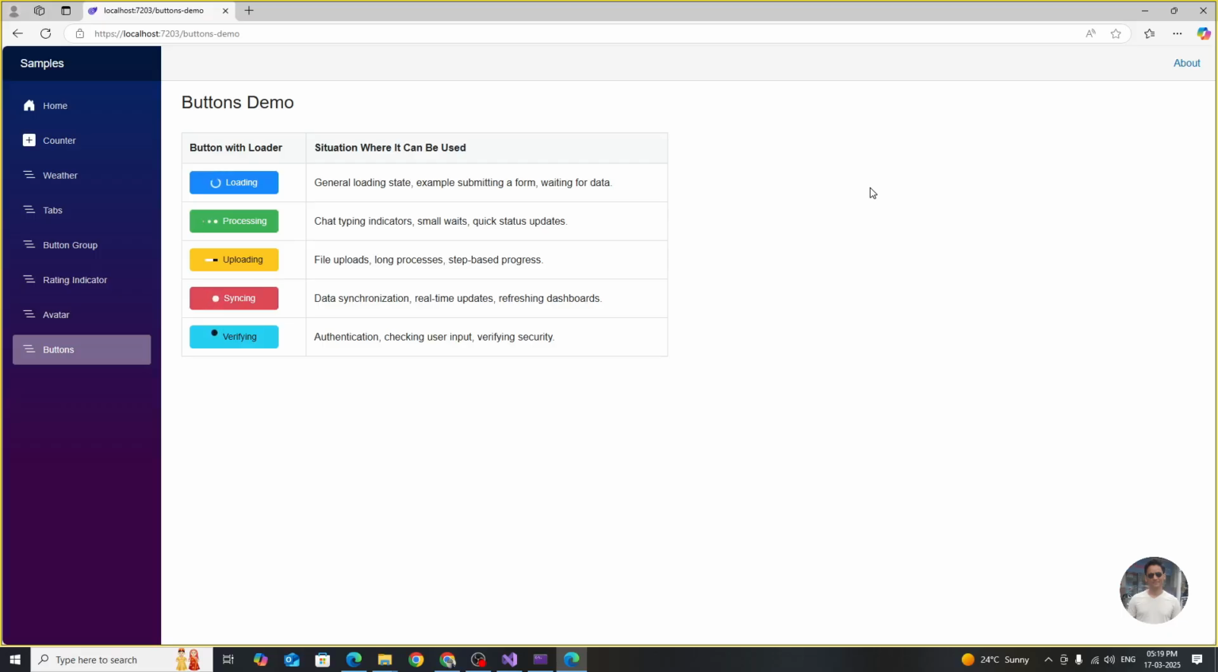You can use it for form submissions, when you want to show a progress while submitting data. You can use it for API calls, indicating when data is being fetched from a server. You can use it for file uploads, displaying progress when uploading files. You can even use it for processing payments as well, which prevents duplicate clicks while payment is being